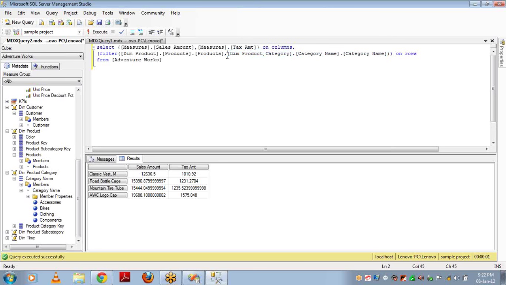You have to drag and drop that, and you have to check the condition. What is the current member? The current member will give the member of the category name for the particular current row.